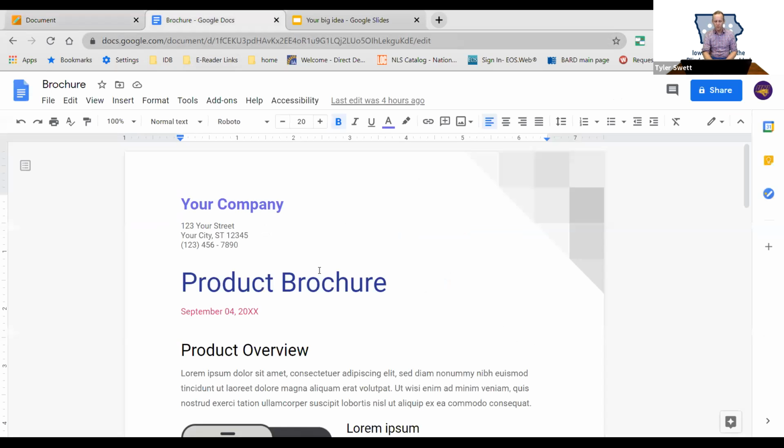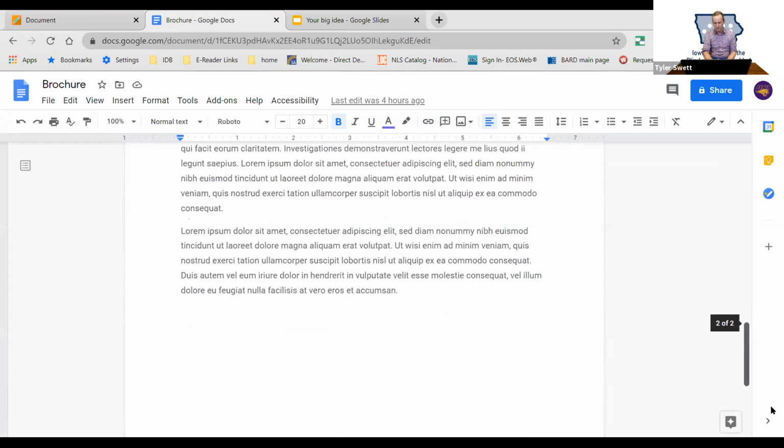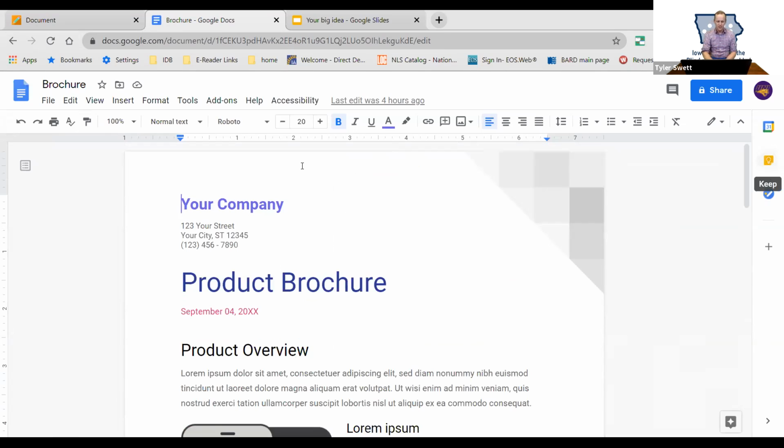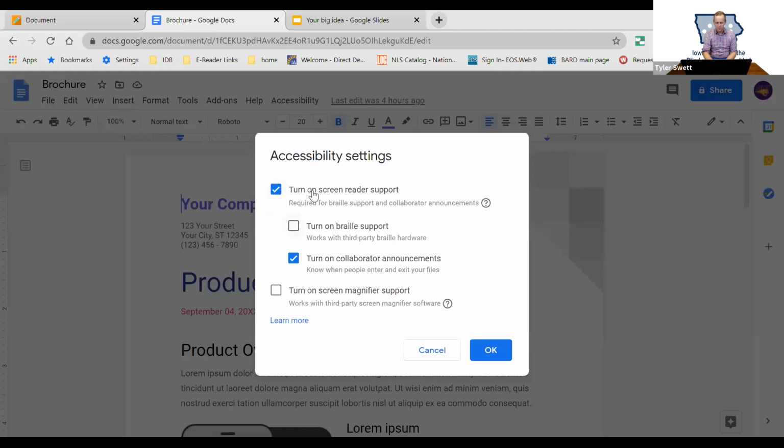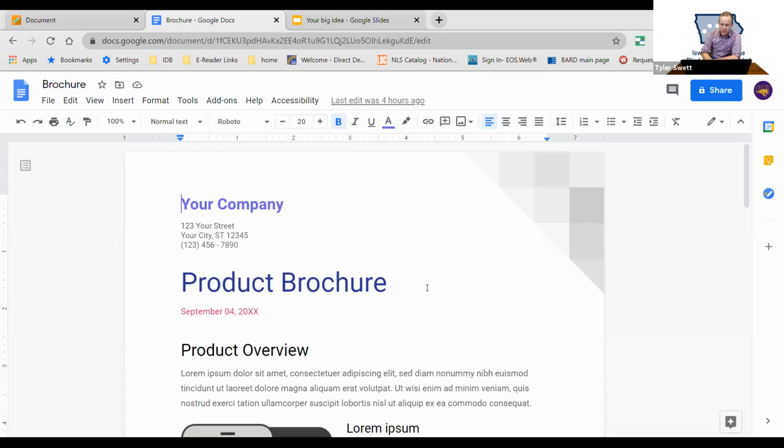Now, if we jump over to Google Docs, this is just a fake template of a brochure for a new phone. I think it's just a good way to show it off. I already have the accessibility tab up. If you don't have that up, go to Tools and all the way down to Accessibility settings. Having screen reader support turned on will bring up this accessibility tab. So it's more for students using it,